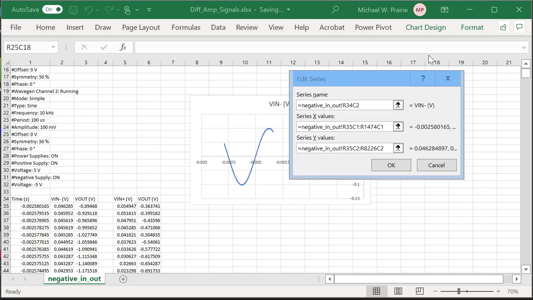Trying to, okay, I decoded it. So this is row 25, column 18. So our Y values are row 35, column 2 to row 8226, column 2. All right, so we want to see that these are the same numbers, so I'm going to